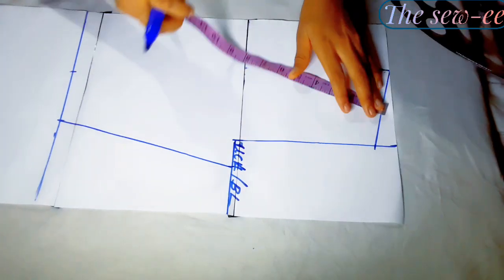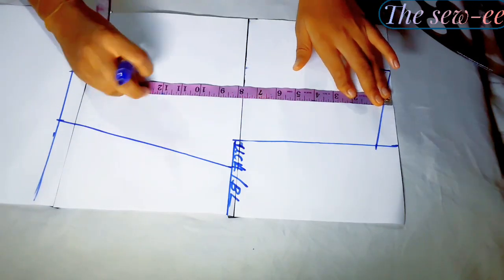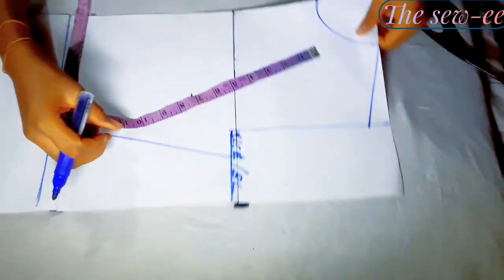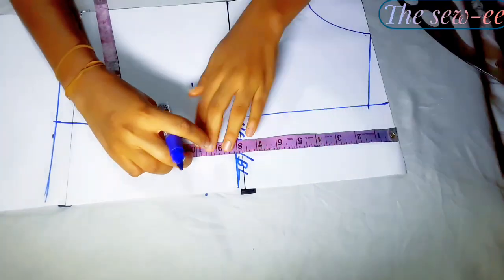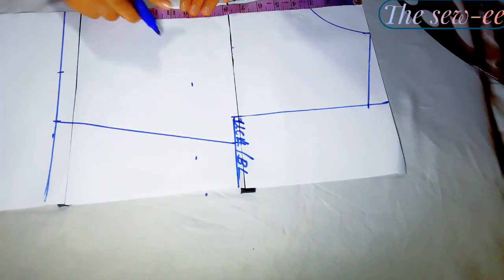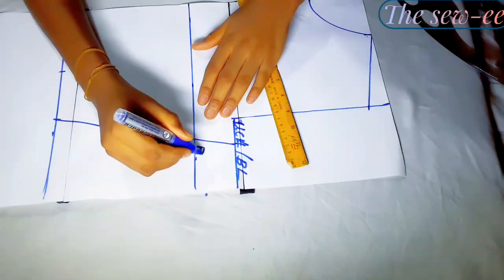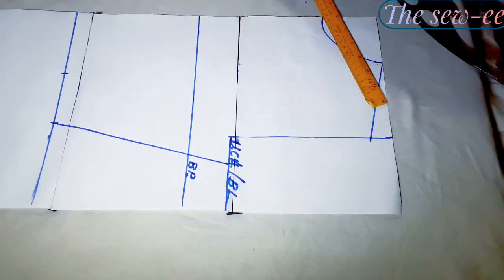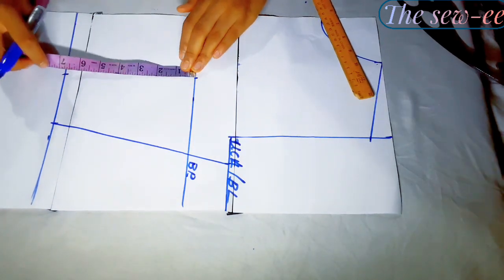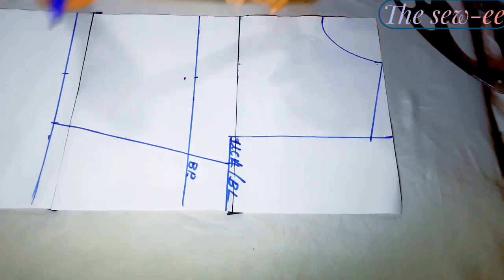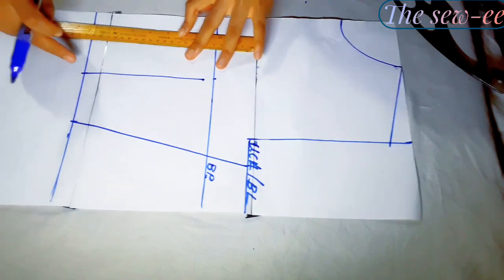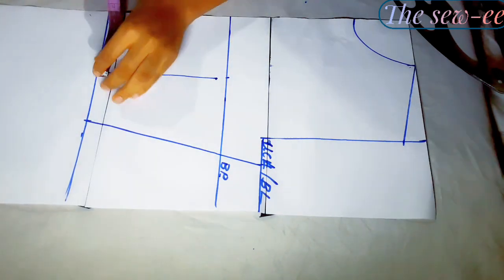So to make it clear, what you should do is measure from your shoulder to your bust point, exactly on the nipple of one side of your body. Then you want to make a line indicating that is your bust point. So I'll just label it bust point, and it is on this bust point line that you'd mark half of your bust span, which is the distance between both nipples, and make a straight line connecting the other 4 inches you marked. And on that waistline,